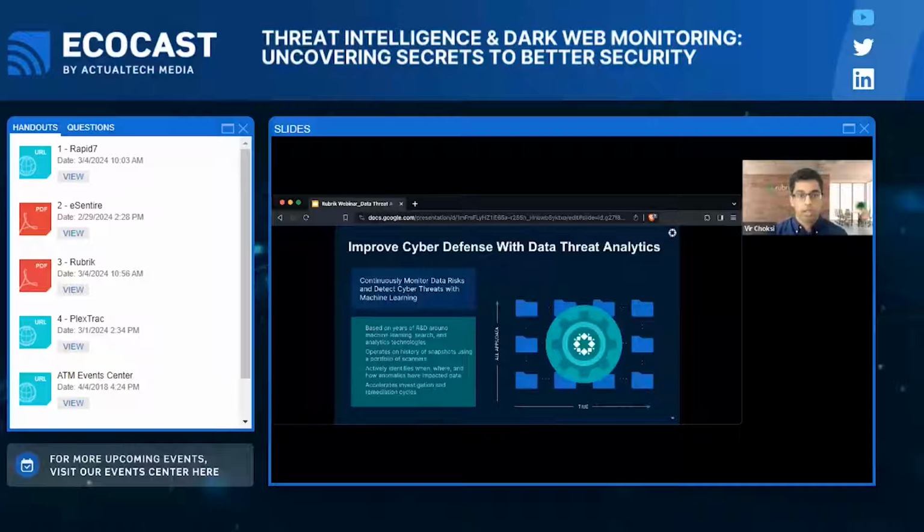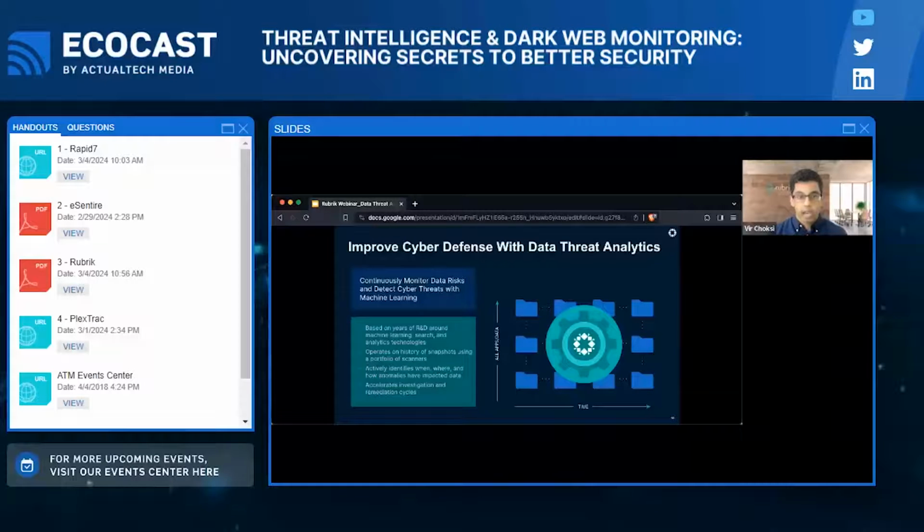Those sorts of questions can be addressed with data threat analytics. Now, data threat analytics refers to the ability to continuously monitor your data for risks and detect cyber threats. So the basic theory here is that if you're taking regular backup snapshots, you're in a good position to recruit your own data in the fight against ransomware and other cyber incidents. And that's because you're capturing the longitudinal time series history of data if you're protecting your data with Rubrik. Now, additionally, Rubrik manages metadata, including the content, users, and access privileges, which can help to shed light on your data security posture. Now, data security posture is a topic for another day.